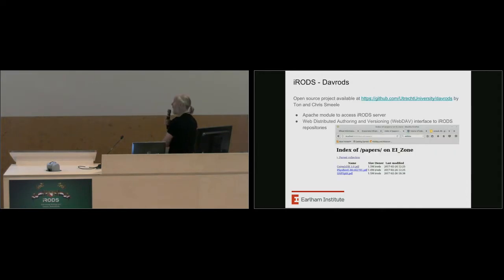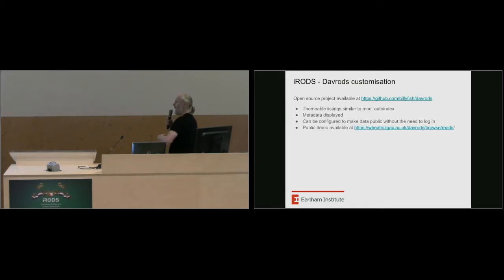Another thing we've done is we've taken the thoroughly excellent DAVRODS project by Tom and Chris, somewhere up there. That's an Apache module for allowing a web data interface to iRODS. So it's great, we like that. And what we've done is we've customized that to add some new functionality from the web-based side. We've taken the themable listings, and I'll show an example, but this is kind of analogous to mod_autoindex, which is an Apache module, but also we've exposed the display of metadata